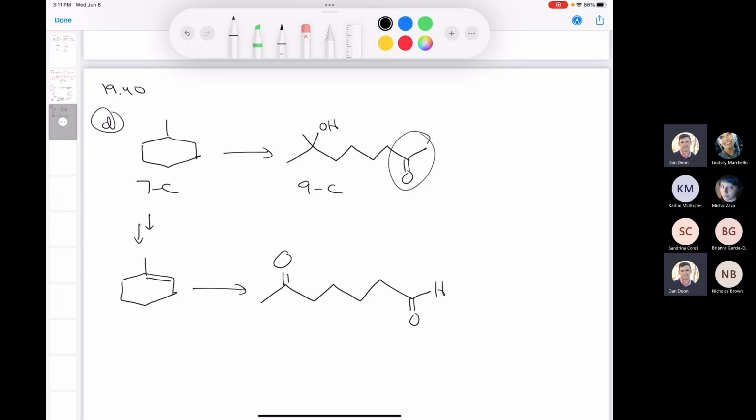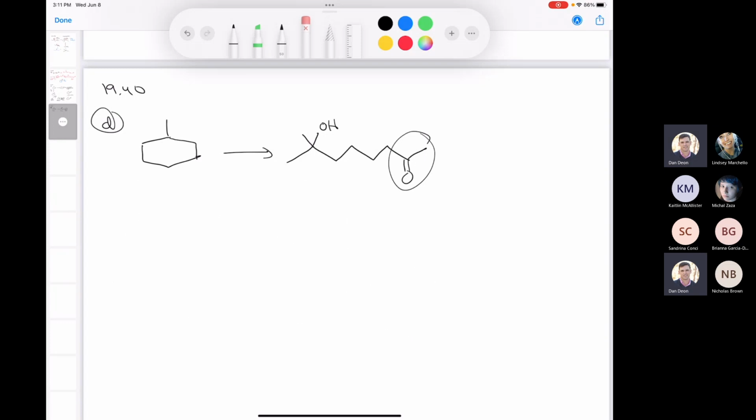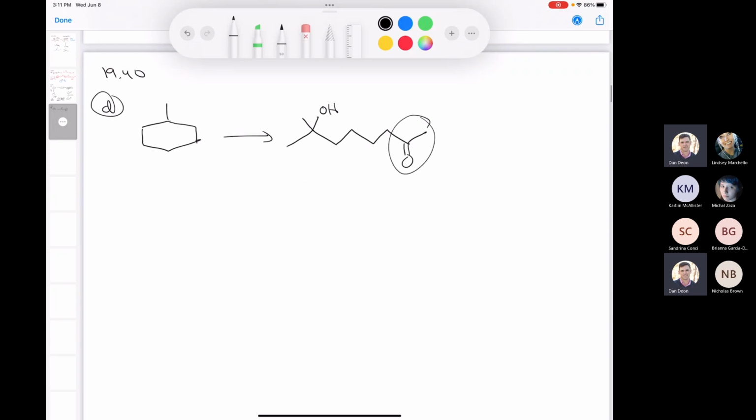So then the question becomes, well, how do I get from here to here? Well, good news is we just did that in the last problem. So let's back up a little bit here. Let me just erase some of this, and we'll write down the first few steps. I'm going to delete these as well. So our first steps are just a repeat of what we did in the last question. So bromine and light. And why don't we do both of these steps? So the second step is sodium ethoxide, and that gives us